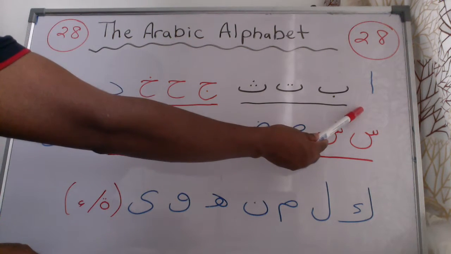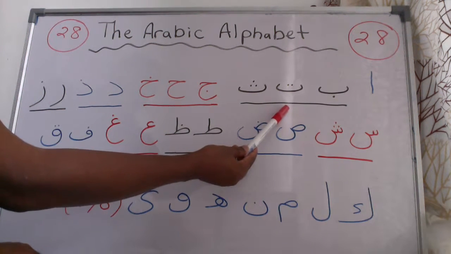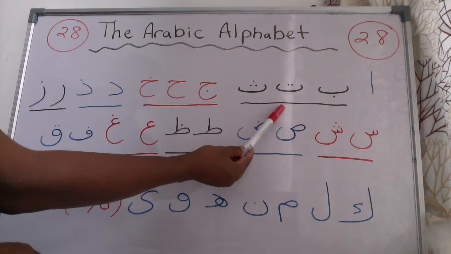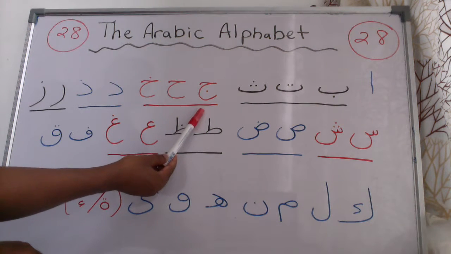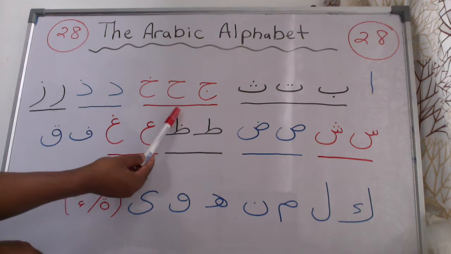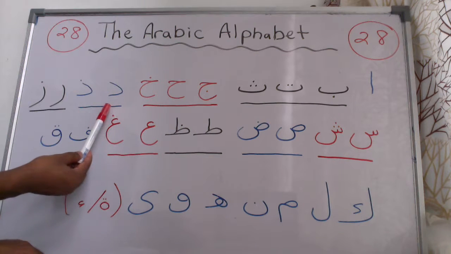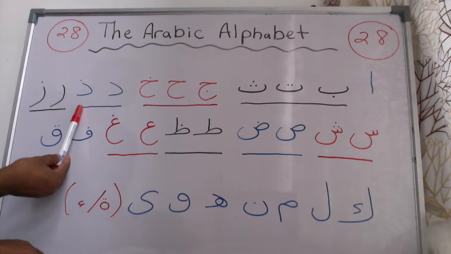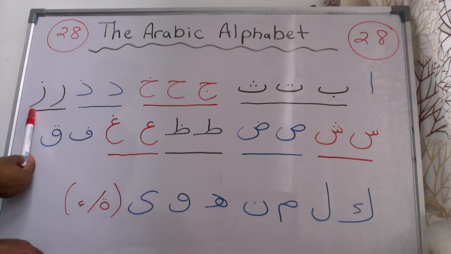Alif, Ba, Ta, Tha, Jim, Ha, Kha, Dal, Dhal, Ra, Zay,